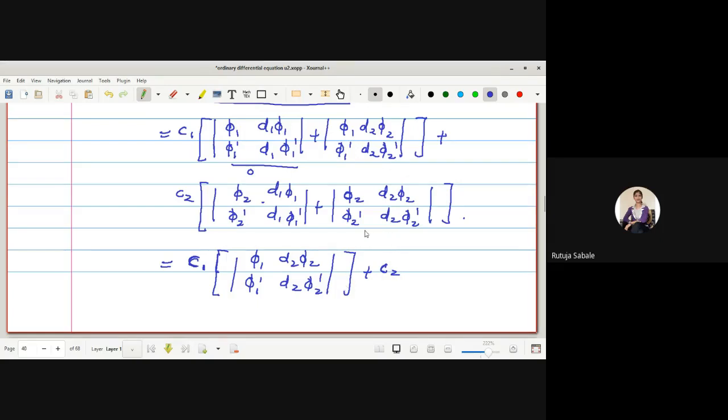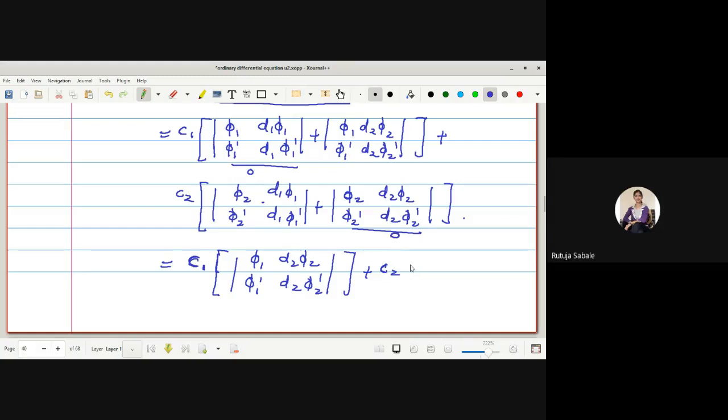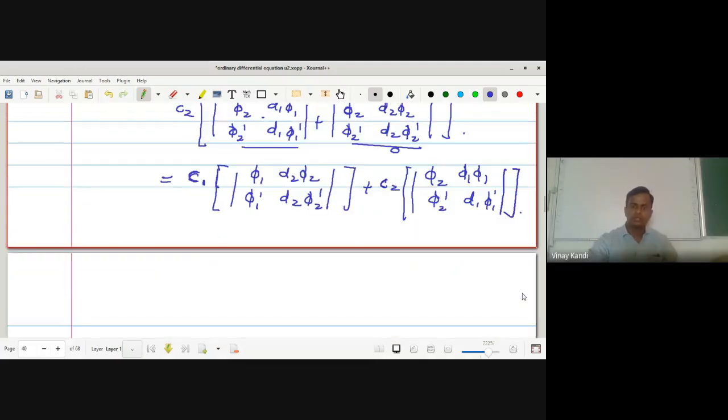Now here, look at here. The value of this determinant is what? Value of this determinant is 0. So here we get only this determinant as it is. Phi 2, d1 phi 1, phi 2 dash, d1 phi 1 dash. Okay, any doubt? Which is equal to